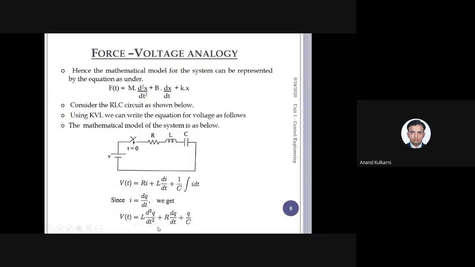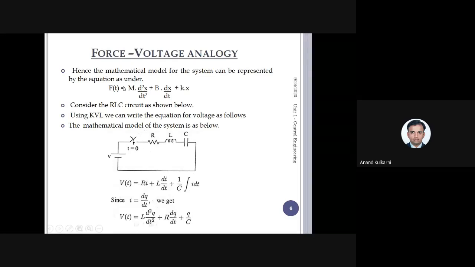here there is also an acceleration term. Here there is a velocity term. Here also there is a velocity term. Here there is a displacement term. Here is also a displacement term. So what I can later compare is that when we have two systems, maybe one mechanical and one electrical, when we write them in mathematical form and compare, we will come to know that a few systems are analogous, a few systems are equivalent.